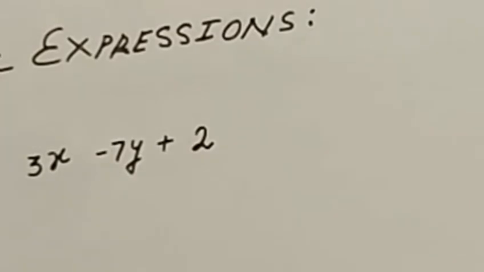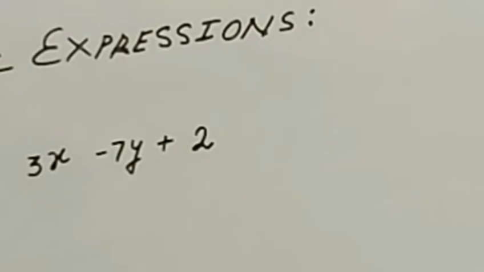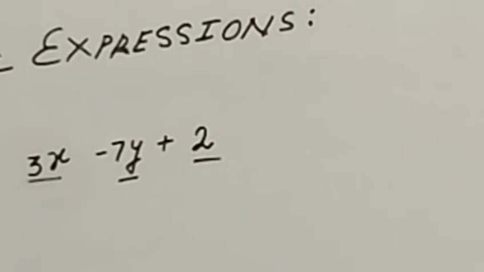Students, look at the board. If you see here, this is an example of algebraic expression which has how many parts? 1, 2, 3. 3 parts are connected with plus or minus sign. So these all 3 are the terms. So this algebraic expression has how many terms? 3 terms. Let us talk about the first term. How can you get this first term? 3 into x. So 3 is the fixed value called constant of the term and x is literal of the term. When I talk about minus 7y, here minus 7 is the fixed value. So minus 7 is constant part of the term and y is literal.